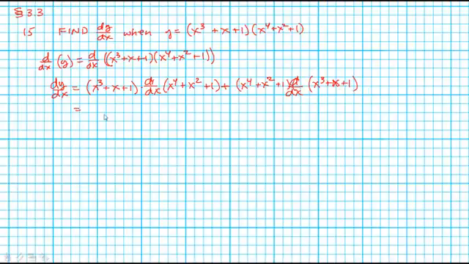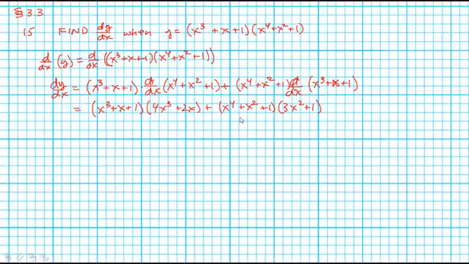And so we end up getting x cubed plus x plus 1 times the derivative of this, and we'll take this term by term, 4x cubed plus 2x, and then we'll add that to x to the fourth plus x squared plus 1 times the derivative of this, which is going to be 3x squared plus 1. Alright, so there we have it. There is our